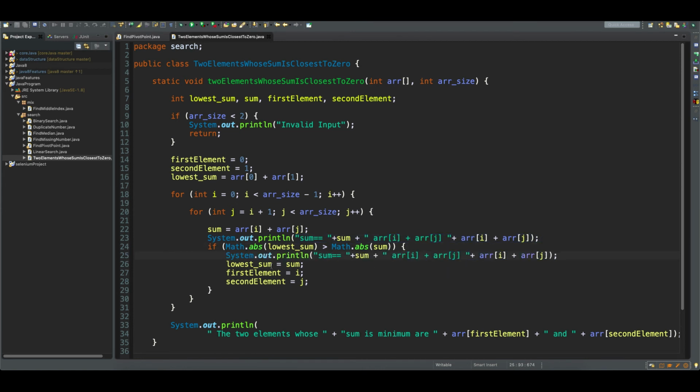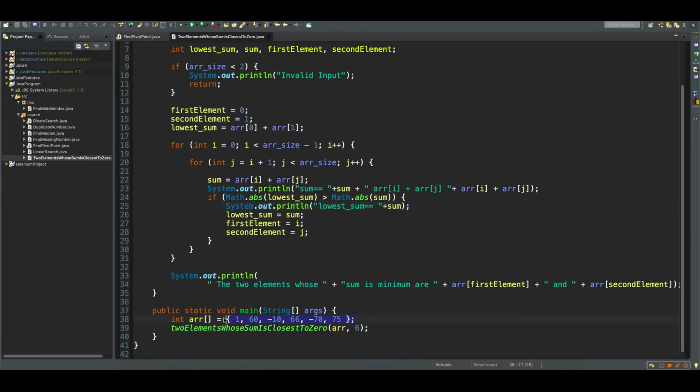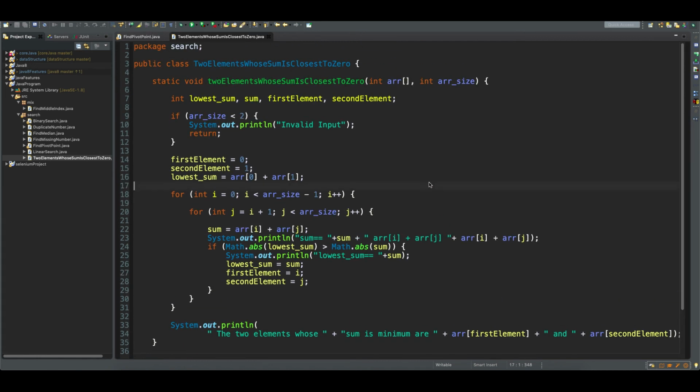And then print the lowest sum. That also we should know, right, what is the lowest sum, and the lowest sum here will change. Whenever it goes inside, it will change, and then we don't need this here. Okay, right, you got it. The same program I have added the print statement to so that we can understand. Now what is the input, guys? The input which I have explained to you, this is the input. Now let's run this, and before running, I'll write one more thing here.